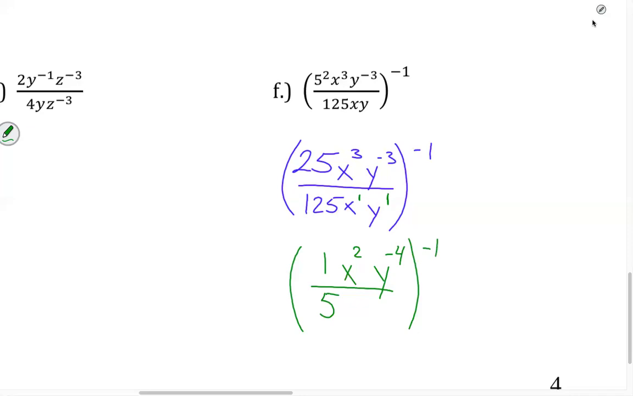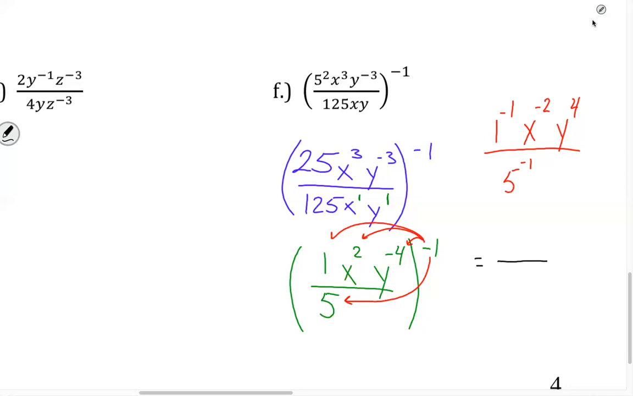Now that the inside is simplified, do you guys see how much easier that is to deal with? Now let's deal with this guy outside. So this -1 is going to go to everything. But remember, when we distribute that -1 inside, a power to a power, we multiply. So when I do that, I have, it's a really big one. We have 1 to the negative first, x to the negative second, y to the fourth, and then 5 to the -1. So I distributed that negative to each one of those things and multiplied. And now this gives me